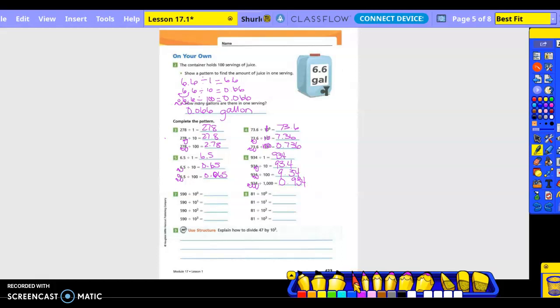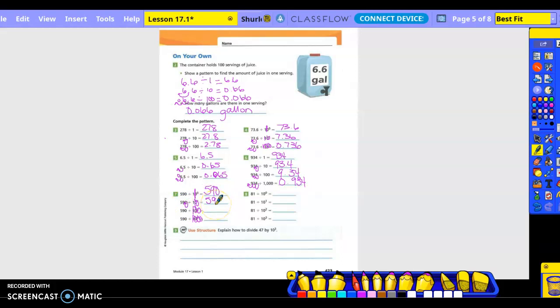Okay. Next one, let's convert all those exponents into whole numbers. 10 to the 0 power is 1, right? 10 to the first power is what? 10. 10 to the second power is 100, and 10 to the third power is 1,000. Anything divided by 1 is itself. Okay, divided by 10, we're going to the left or to the right? To the left. How many places? 1. So my answer is